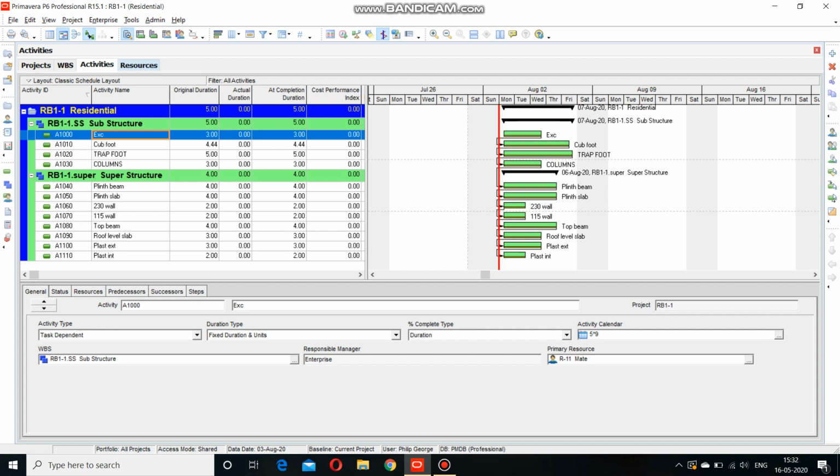In this final assignment, which is based on a project of a residential building, data such as the amount of excavation to be done, the amount of the cuboidal footing required, the trapezoidal footing on top of that, the columns work, and other works related to the superstructure were also given. Based on that, from IS 7272, we manually calculated how much labor and non-labor resources were required.